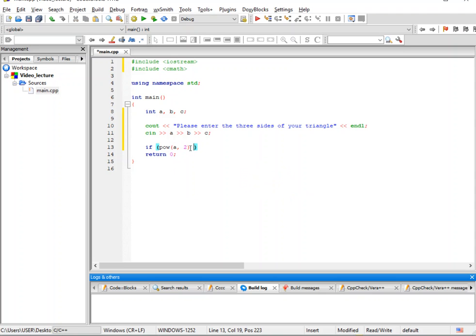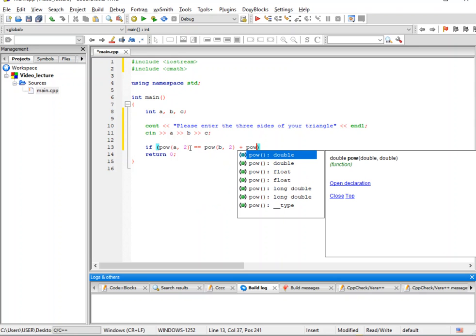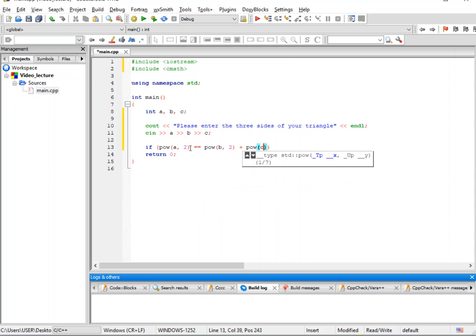And we are saying that if that is equal to, remember, our equality sign in C++ is two equal signs, but the single equal sign, as we all know, is an assignment operator. If A squared is equal to B to the power 2 plus C to the power 2, then